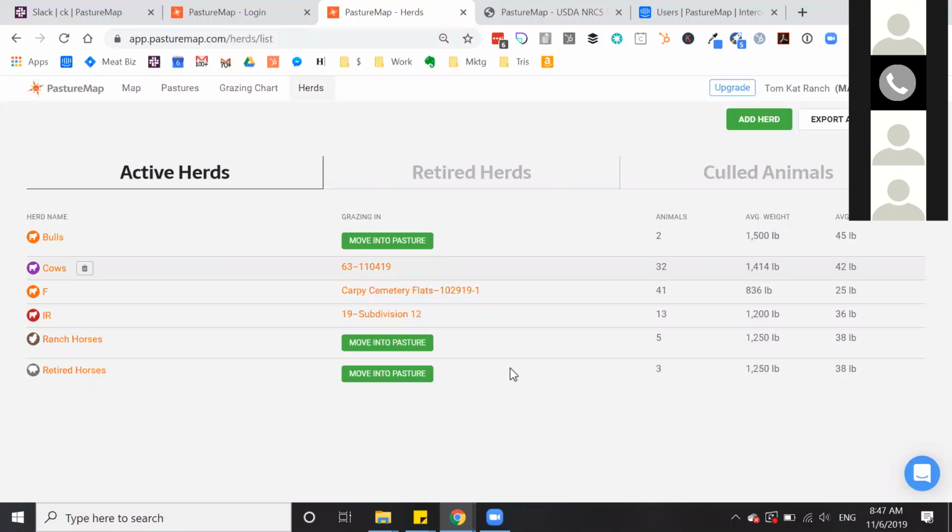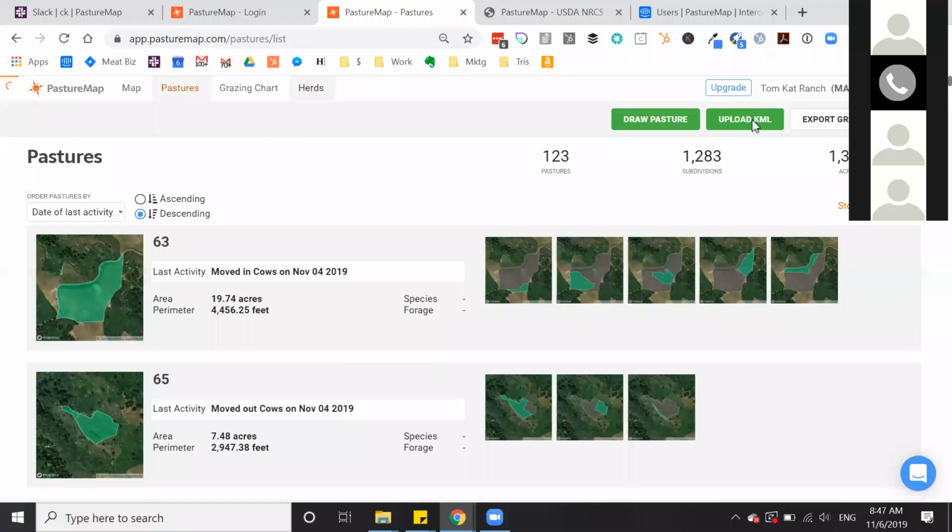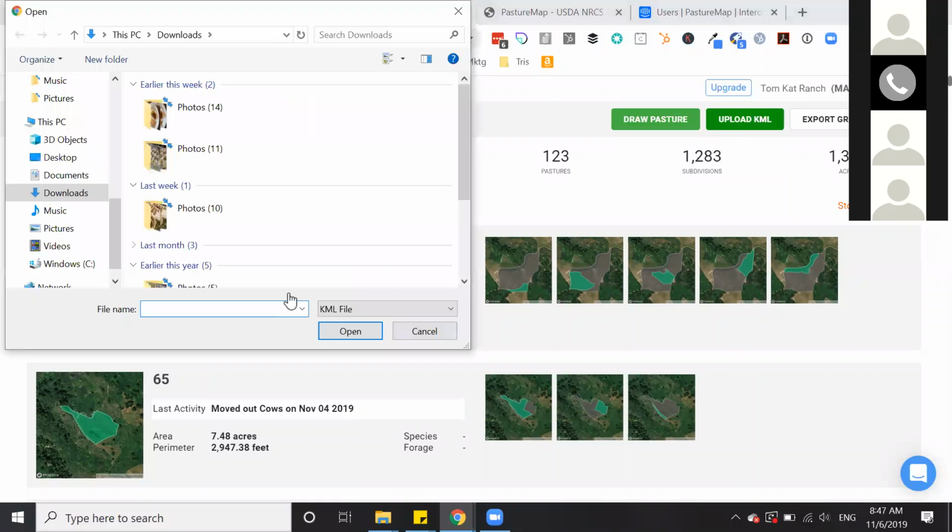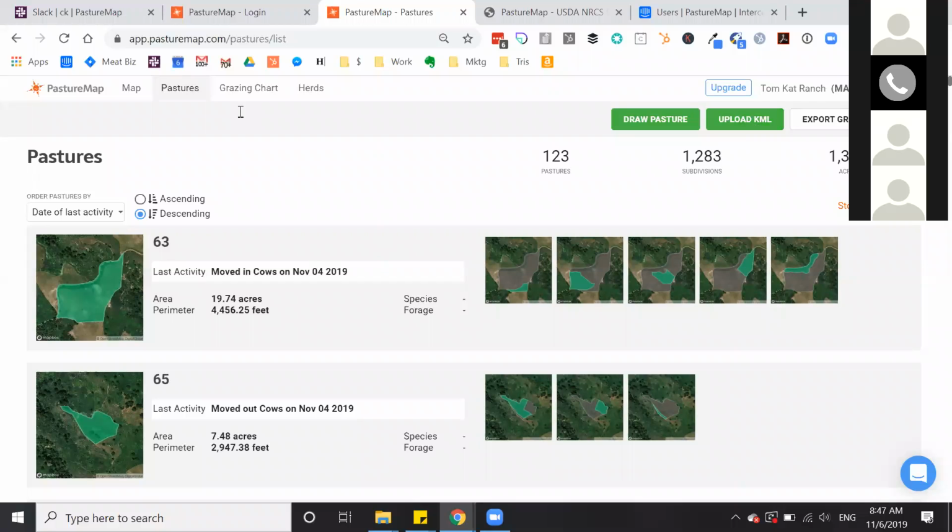So it's a data dump of all of that. And then on the pastures is where I think you export all of the pastures, I think we export into a shapefile. And then you can upload a KML here into PastureMap. And then there is a place where we can also export. So you can basically upload a KML and we'll read it. And then there is somewhere, but